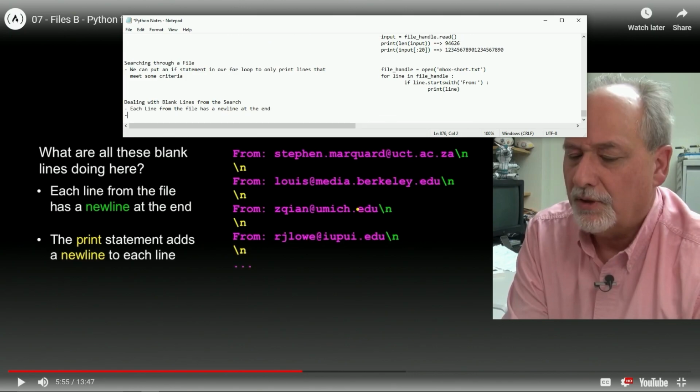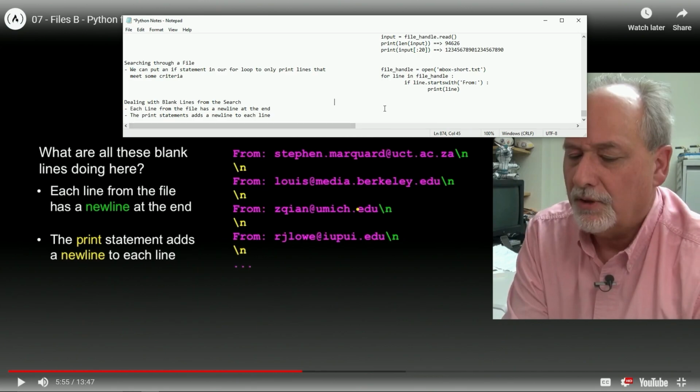And the print statement adds a new line to each line. So it adds a new line to each new line. Makes sense.